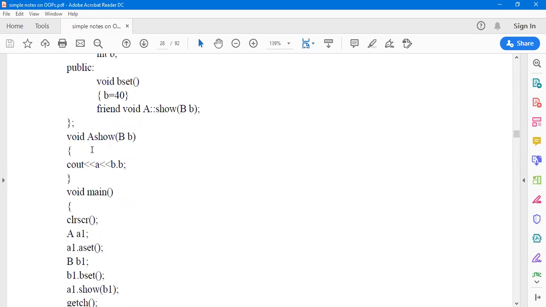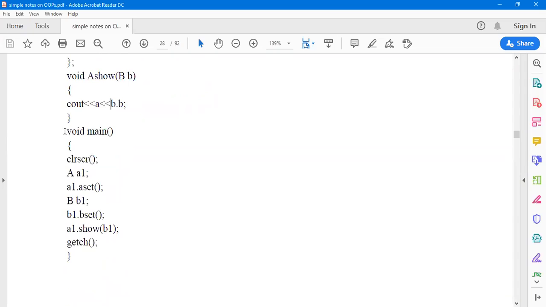It is directly defined here and declared here as well. Since it is a friend function, it is not called with scope resolution operator, and it is passing the object B. So here it will print all the values of A and the B objects.